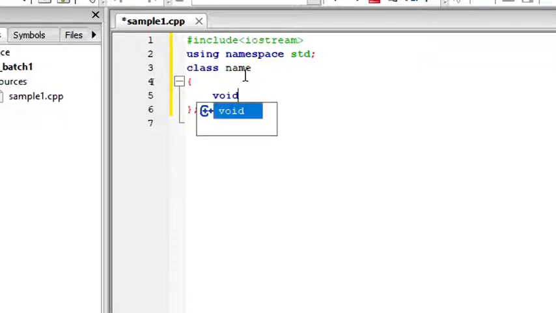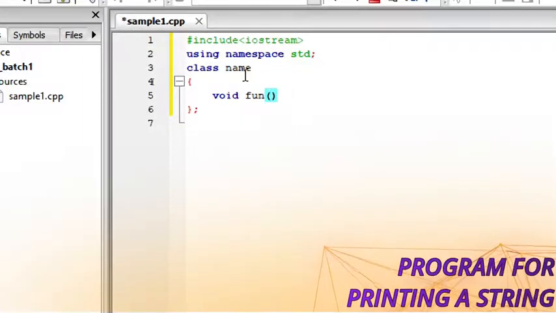Let me say this is the return type of the function. I'm saying void, space, and then we have to give the function name. Let me give fun, and this open bracket and close bracket represents that fun is a function, and again open the curly brace.